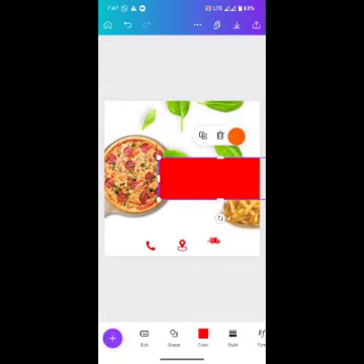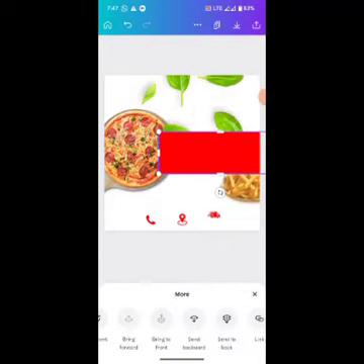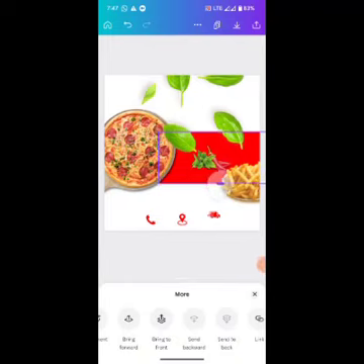This is what I'll do. I'll tap on these three dots, and I go to send backward or send to back. Once I tap on it like this, it will be sent behind. As you can see, it's behind. Alright, let me position it